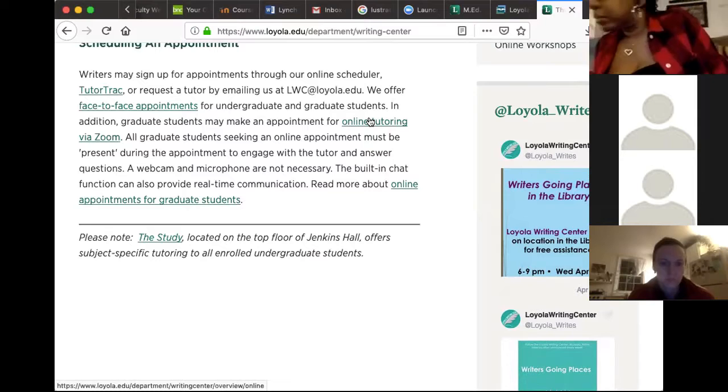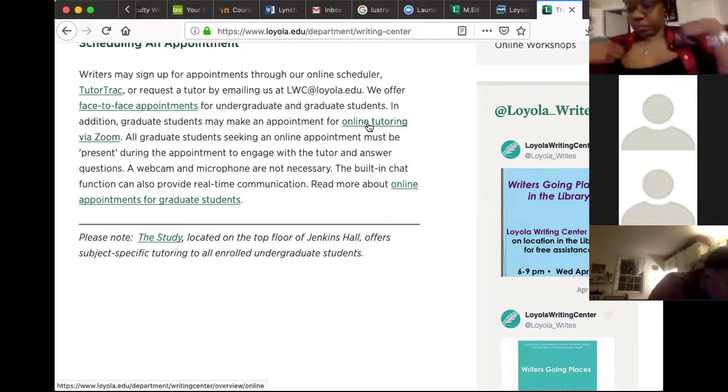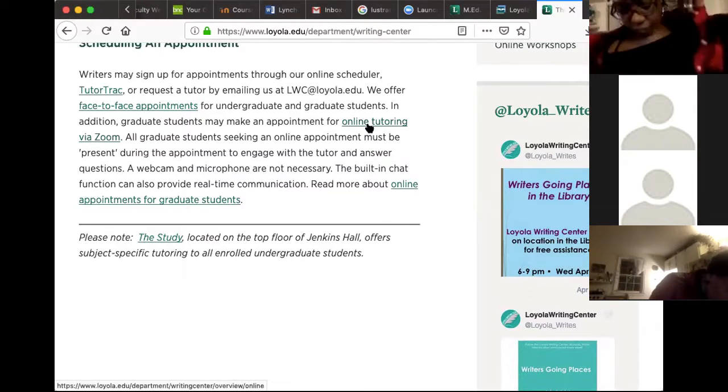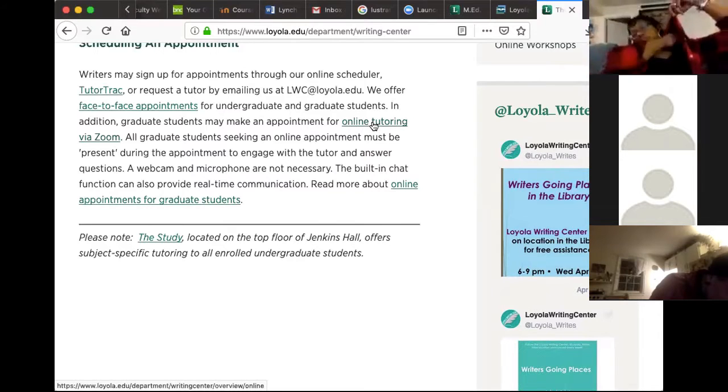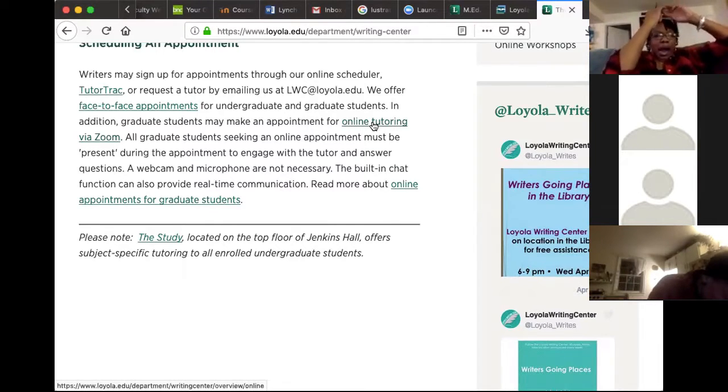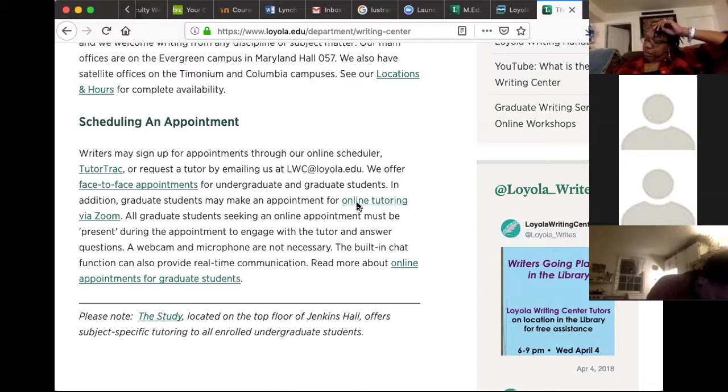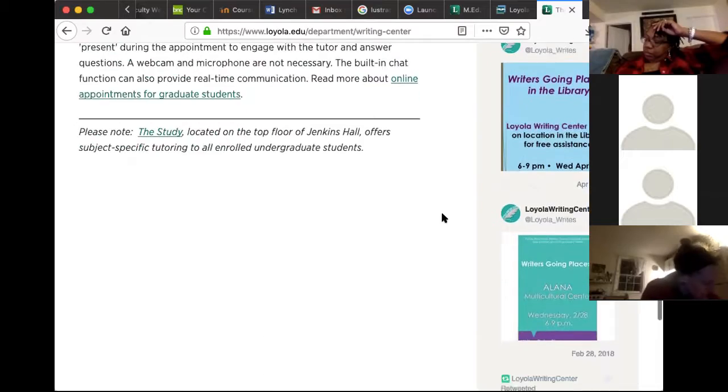But you can do an online tutoring via Zoom, and any student in our program should have the capability of doing that because they need the technology for their classes. So if they're really having trouble with their writing, just strongly encourage them to go to the Writing Center. Here's the link, and figure out a time when they can meet with somebody to get some help for their